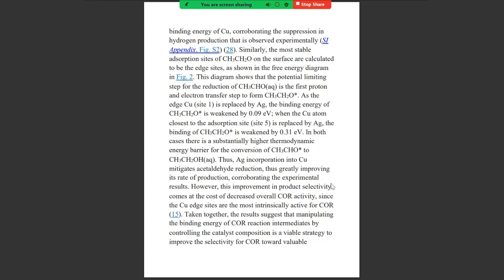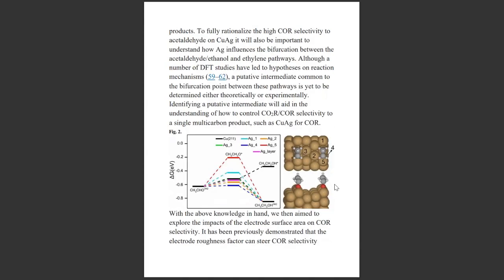However, this improvement in product selectivity comes at the cost of decreased overall COR activity, since the Cu sites are most intrinsically active for COR. Taken together, the results suggest that manipulating the binding energy of COR reaction intermediates by controlling the catalyst composition is a viable strategy to improve the selectivity of COR toward valuable products. To fully understand and rationalize the high COR selectivity to acetaldehyde on copper-silver,